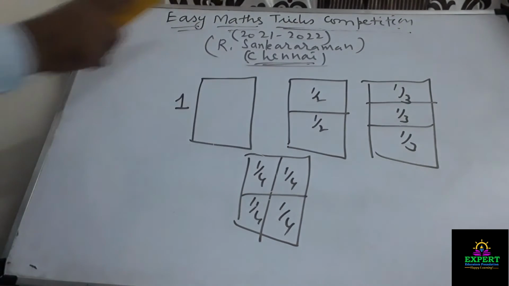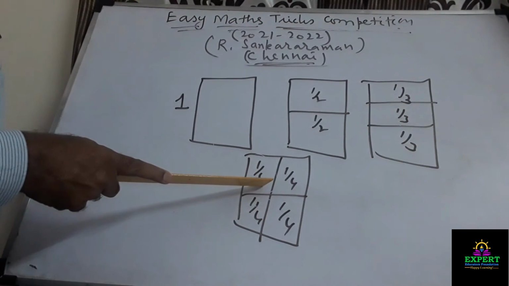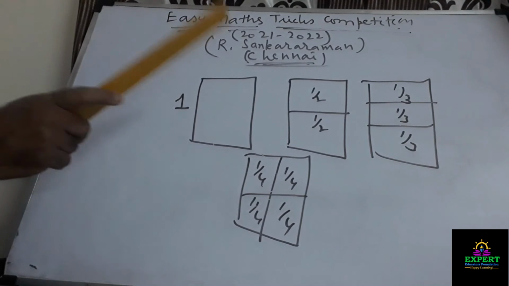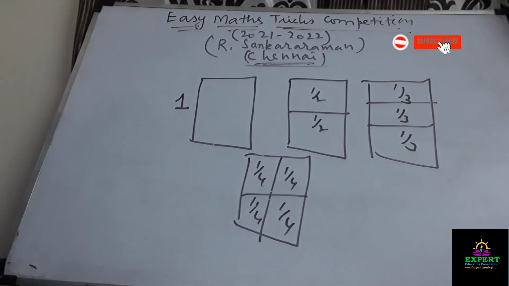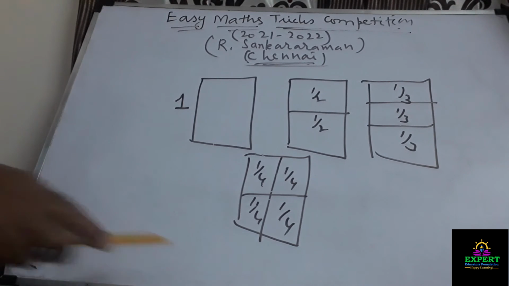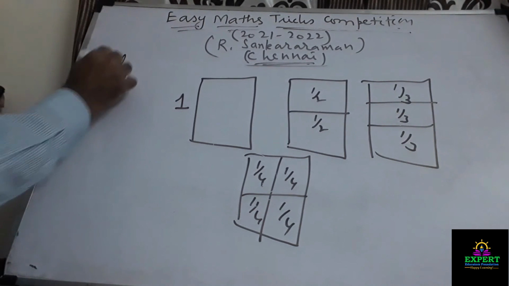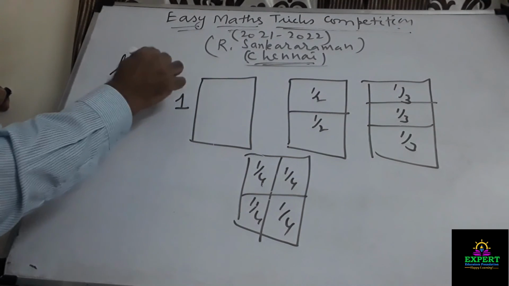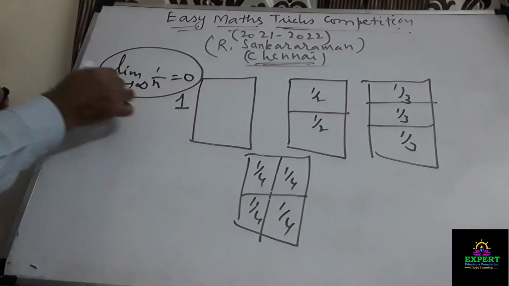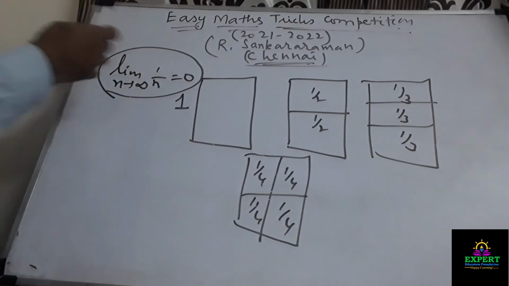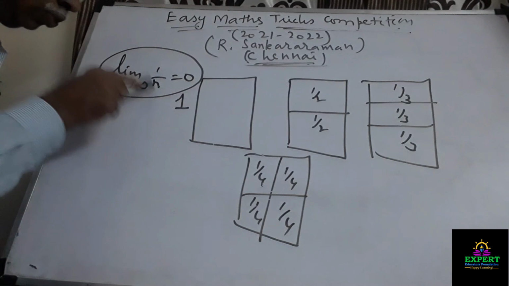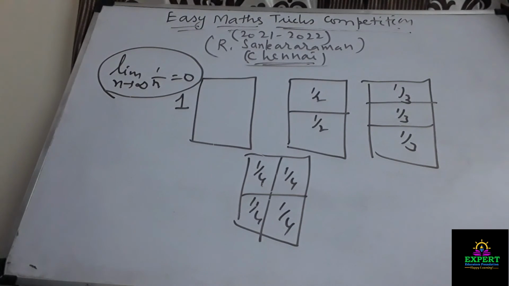Therefore, if I continue this process and if n is a quantity nearer to infinity, the size of the paper 1 by n will be a very tiny sheet of paper which I may not be able to look through my normal eyes. I'll be able to look only through a microscope, for its value is as equal as 0. Automatically I come to the conclusion that limit n tends to infinity of 1 by n is 0. The size of the paper when n tends to infinity will be as equal as 0. Therefore, this proves the result that limit n tends to infinity of 1 by n is equal to 0.